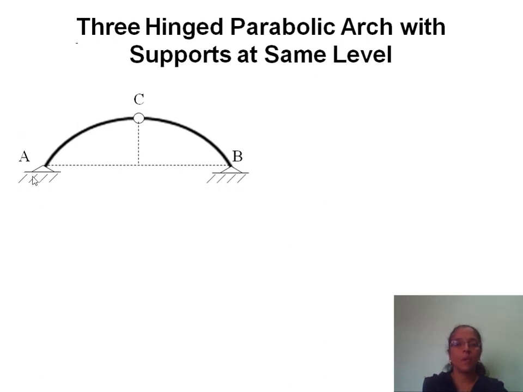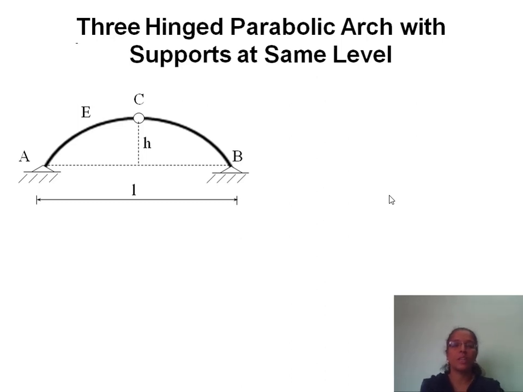Okay, so let us consider ABC, a three hinged arch which is hinged at the springing level as well as at the crown. The variation of the arch is a parabola, hence the name parabolic arch. Let h be the rise of the arch and L be the span of the arch. Let E be any point on the rib of the arch.